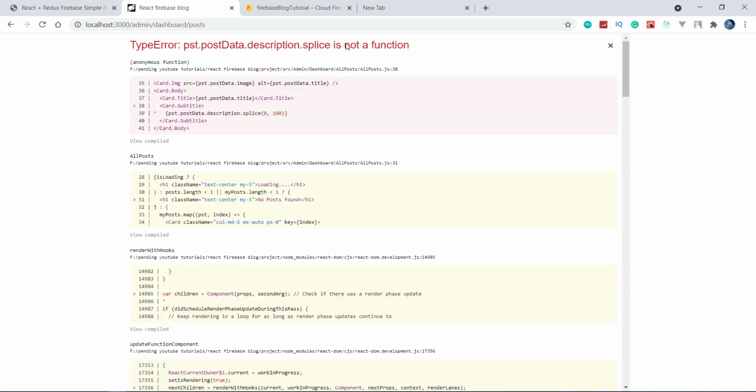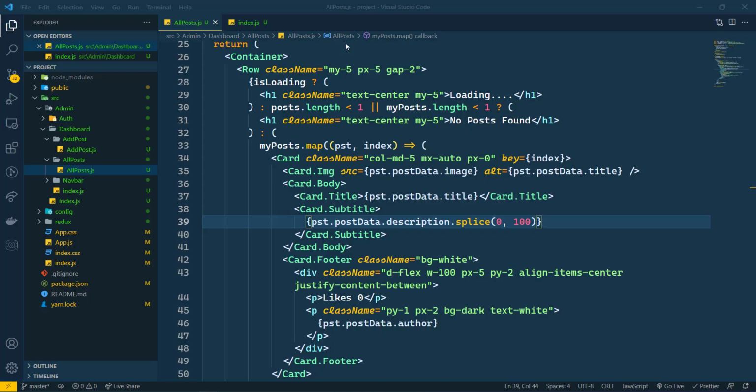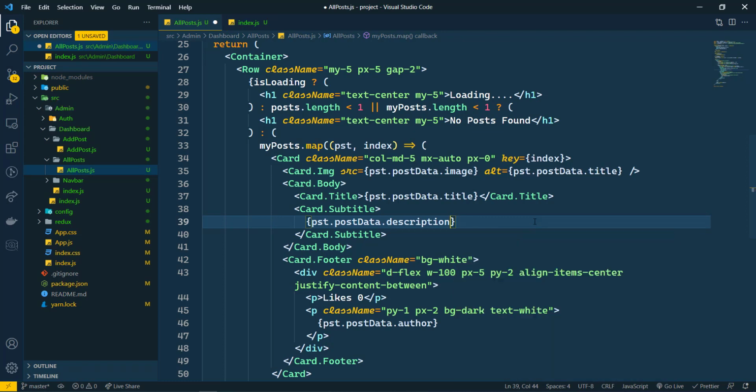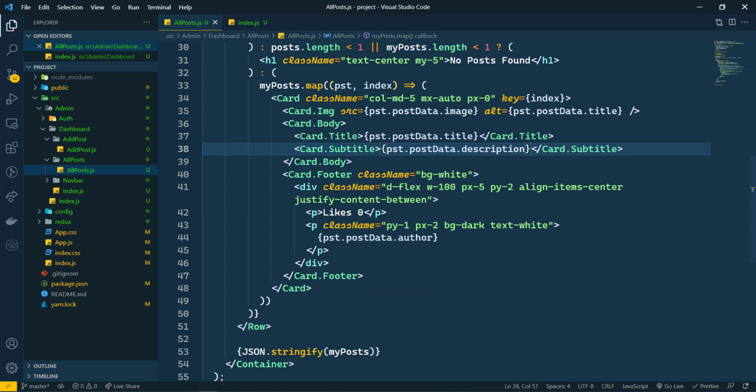I think it is not splicing here. So we will do this later.